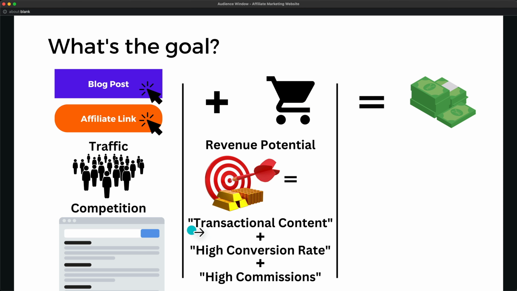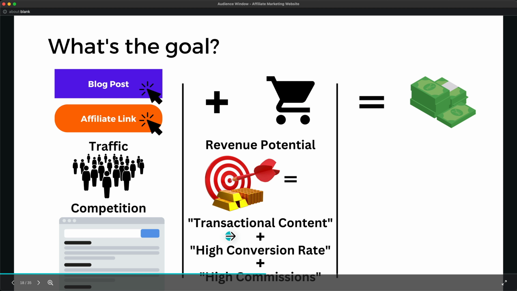You want to create something where people who search that specific term, like for example, best camera gear or best website builder. People who search that topic and click on the blog post are in the market to actually purchase a product. And this is what we want to create content about, because when those people land on our blog post and click on those links, they are very likely to make a purchasing decision. This is why we need to create transactional content.